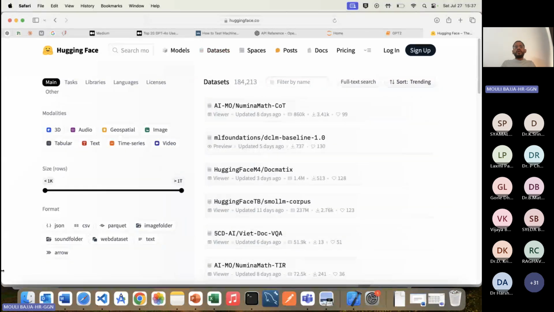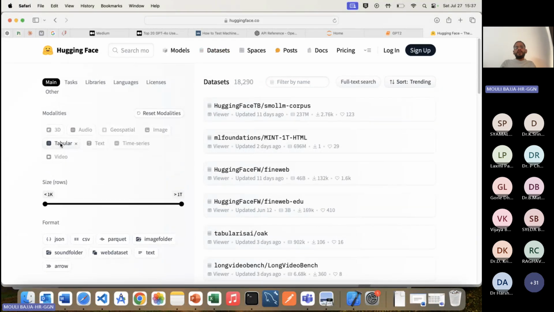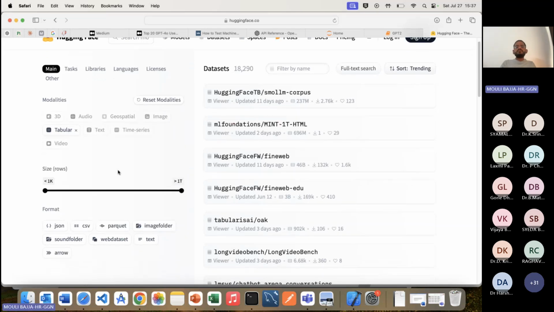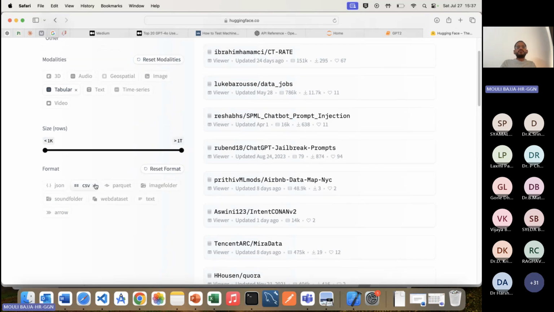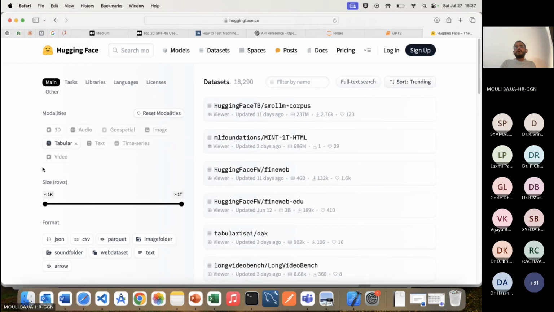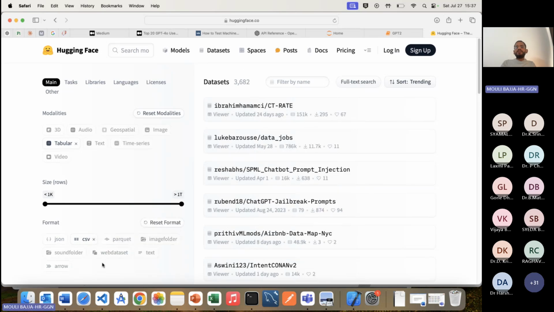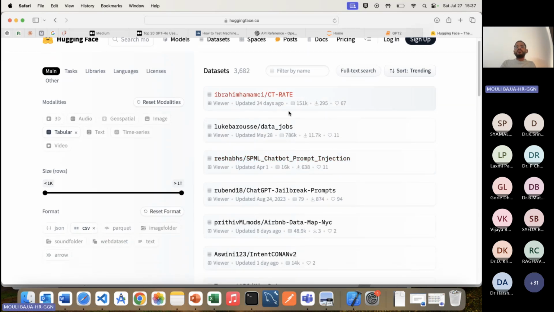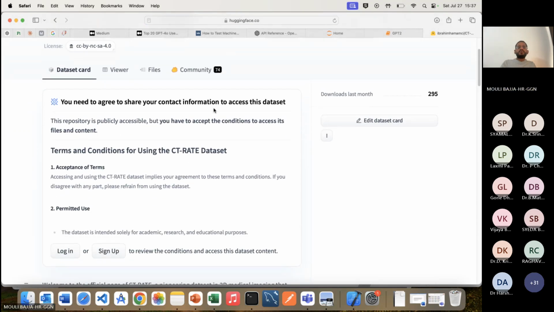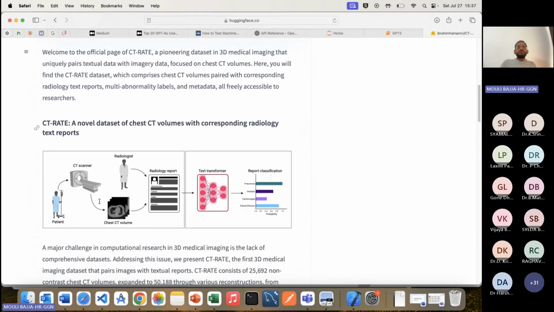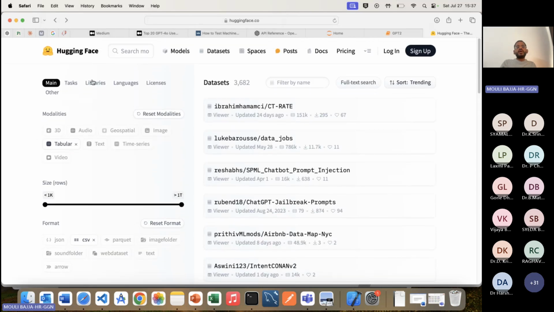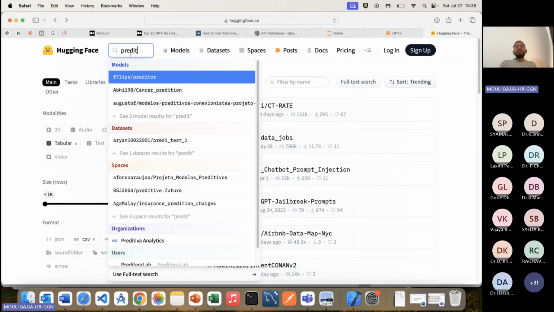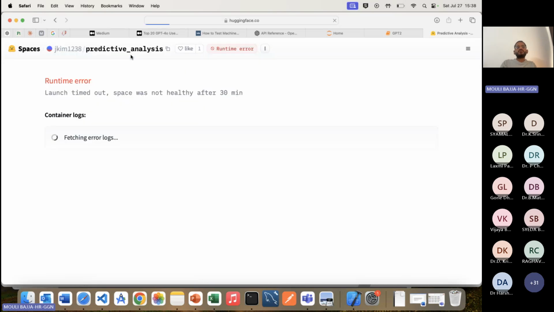If you want predictive analytics, a simple data set, you look for tabular data. So tabular data in CSV format. I will have Ibrahim Hamanchi, 151,000 records. What is this data about? Terms and conditions, and so on. So you basically, okay, these are also images, but in a tabular form, process data. So you can say predictive analytics. I'll see if it works.